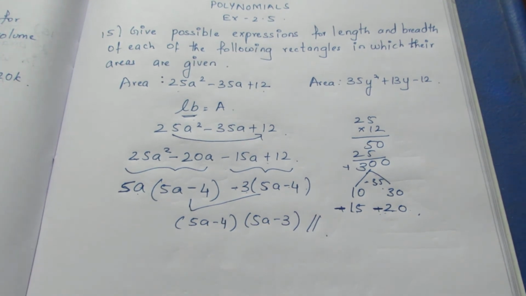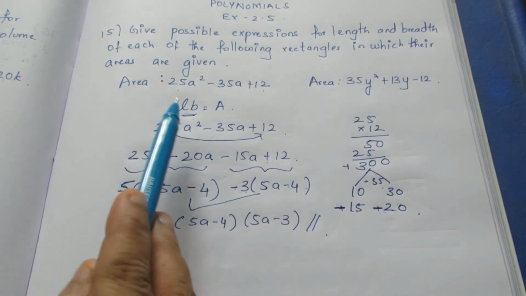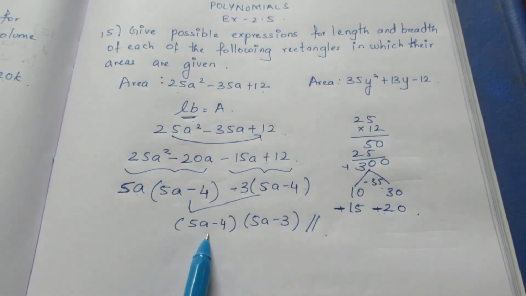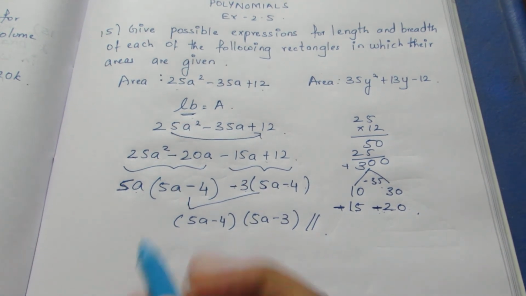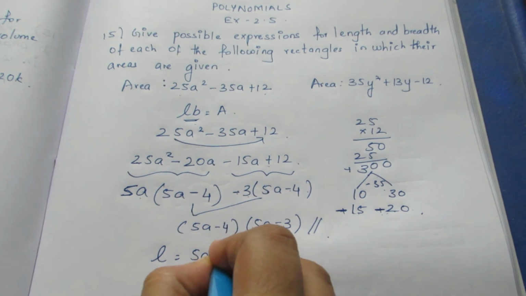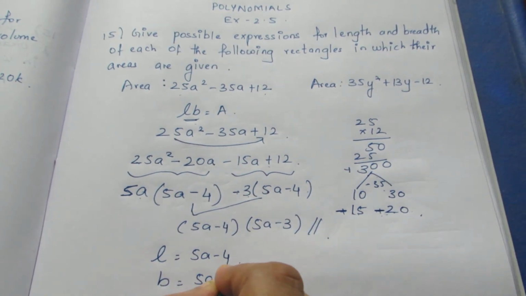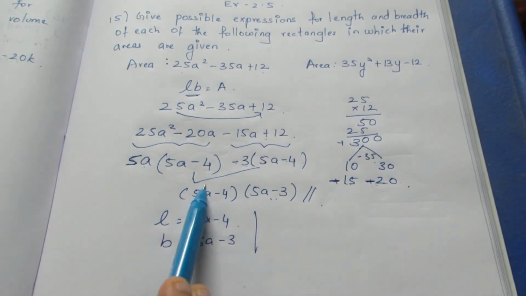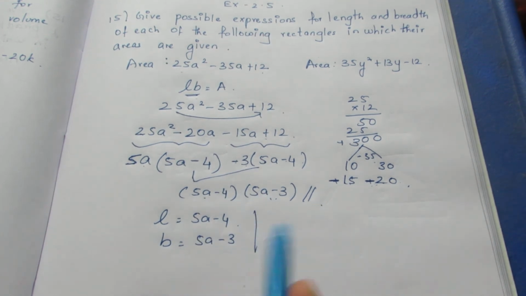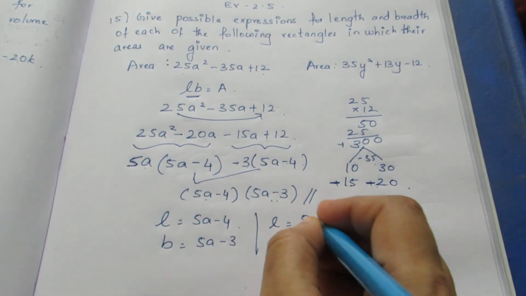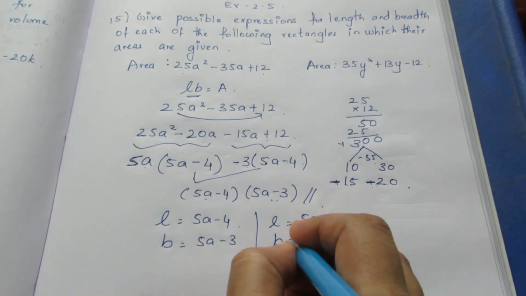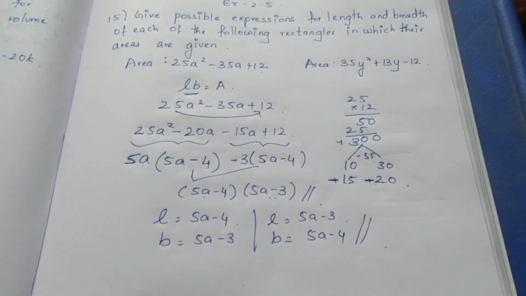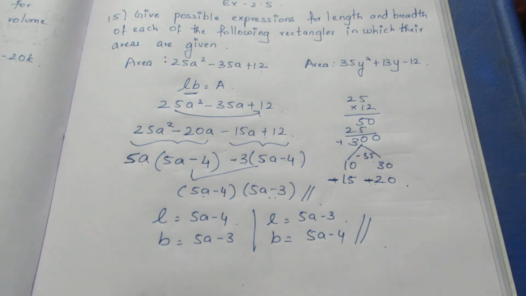I have factorized the given polynomial. It is in the multiplied form, which I want in L into B form. So I have got an L into B form. But this can be L or this can be B. Anyway, this can be. So if I take this to be L, my B will be equal to 5a minus 3. Since in multiplication it can be in any order, this can also be first or second. If this is my L, then this will be my B. So in both cases the answer is correct. You need to show both the answers, because anything can be L or anything can be B.